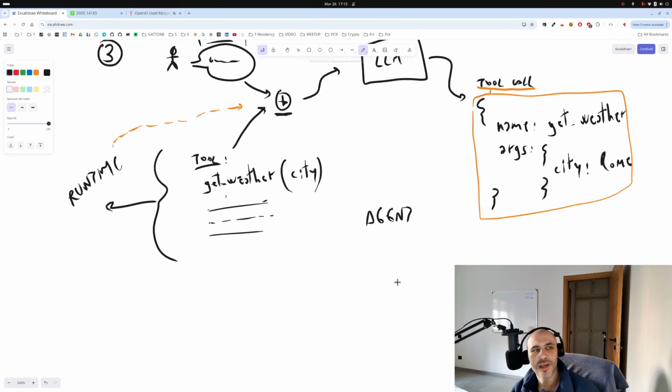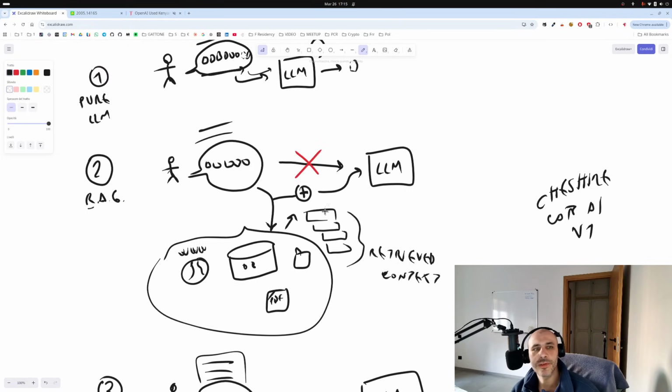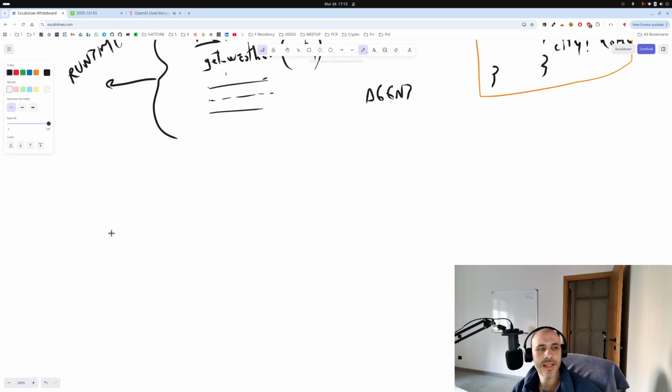So this stuff evolved a lot. For example, what happened to RAG? Basically, let's call it agentic search. This is still also before Claude Code.